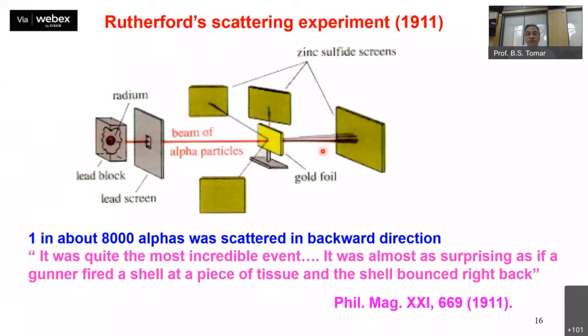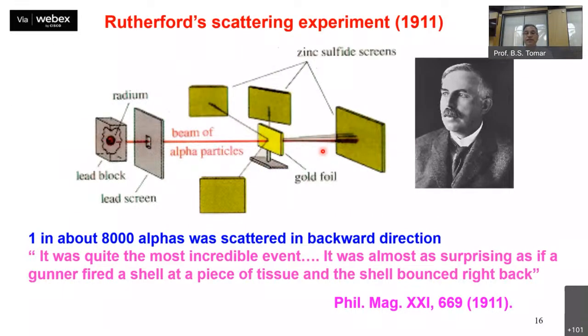Another very good, very precise experiment also tells many important aspects when we interpret our results. Ernest Rutherford did this experiment of scattering of alpha particles by gold metal foils. These alpha particles are obtained from a radium source, and you collimate the beam of alpha particles to fall on a gold foil. When the alphas pass through this gold foil, they produce scintillation at